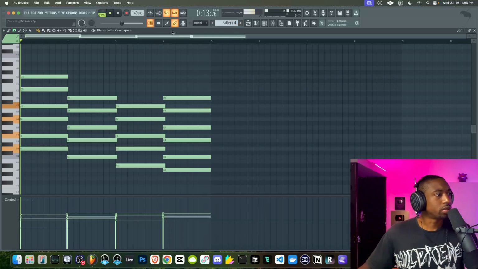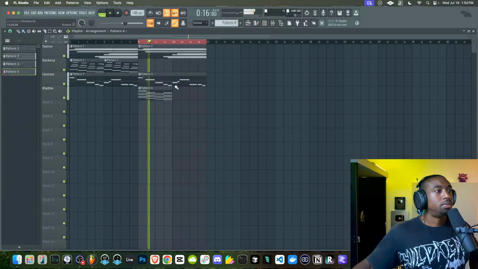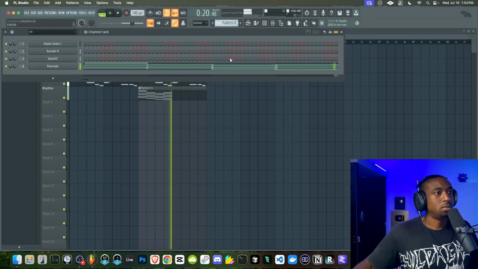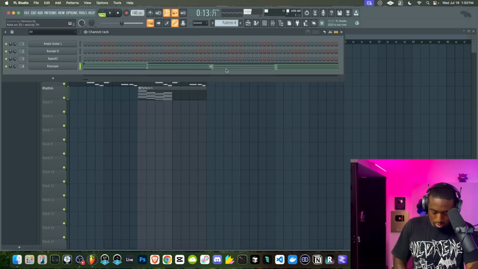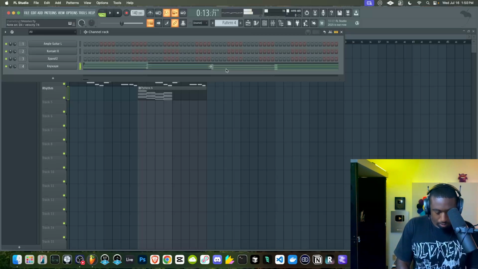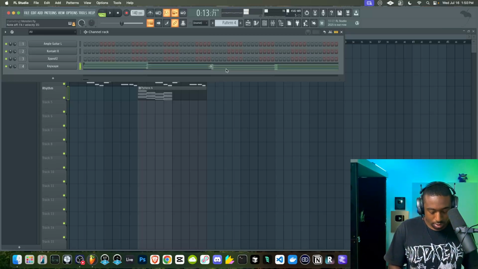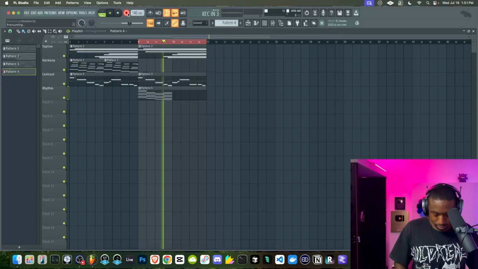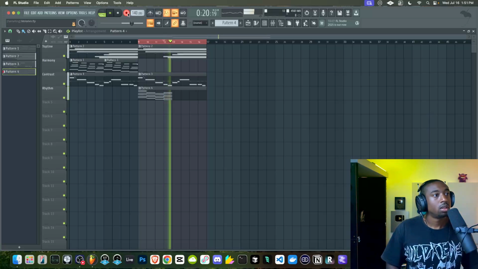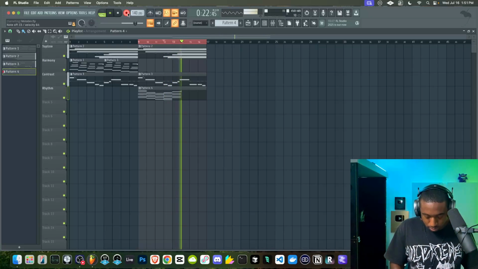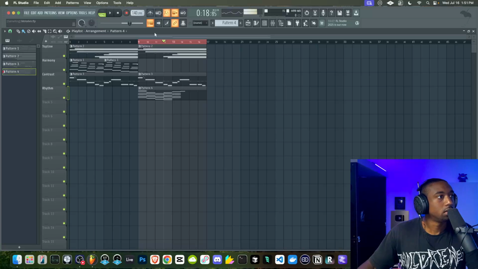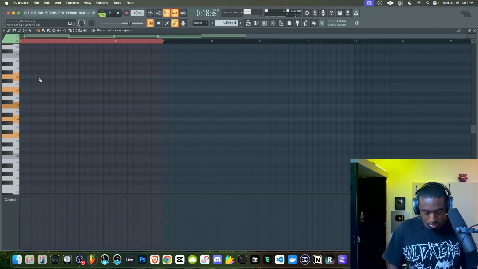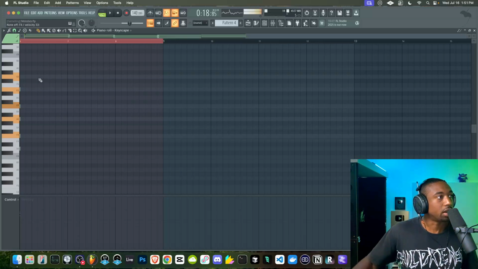So let's figure out the next chords. So we need this D minor ninth. Just gonna do chord by chord here. So we have D minor, F major ninth.